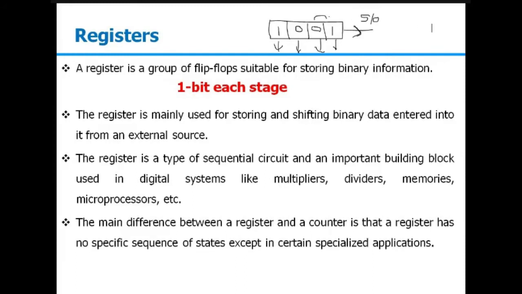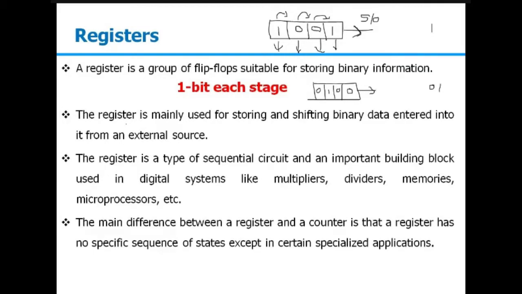Then we will go for the shift operation. After shifting, the new content will be 0100, if the previous one was 0. So this 1 will be shifted here and this 0 will be shifted here. Now you will read 0 from here. Previously we read 1, now you are reading 0. So this is how we will be reading the data serially. So one, we need to store, or load, the data, and another operation is we need to shift the data. Again, the shifting could be left shifting or right shifting depending on our need.